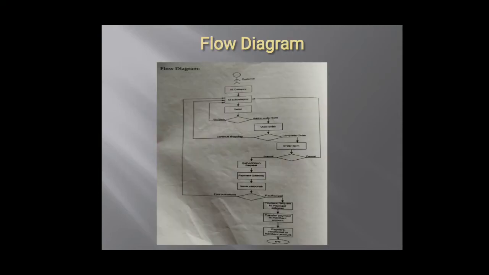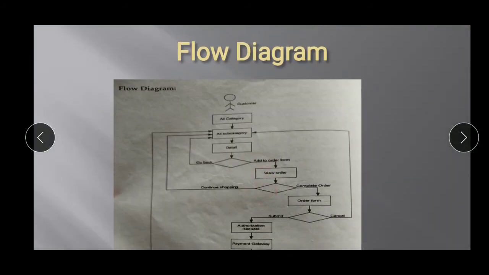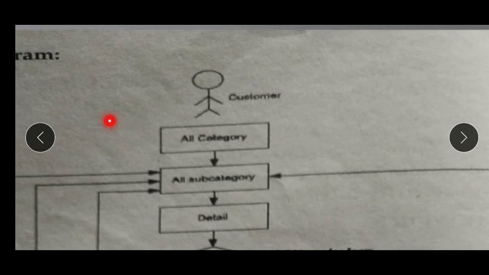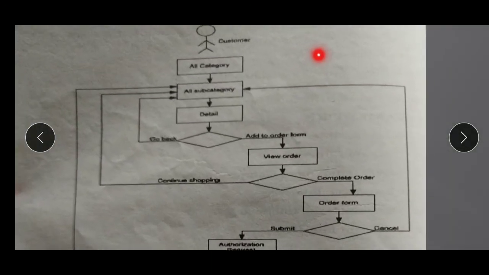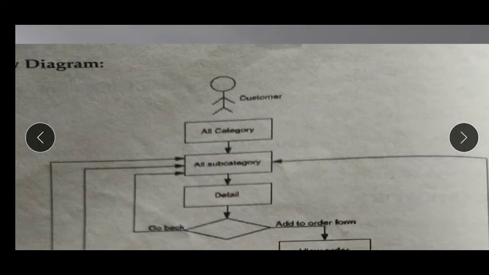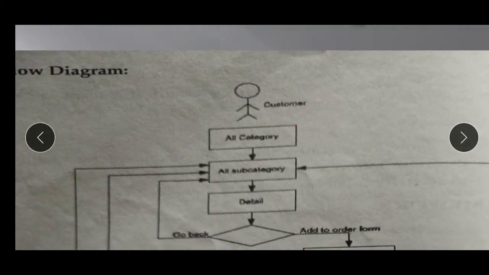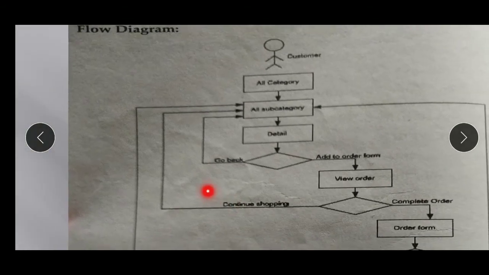When we talk about the framework, this is the flow diagram which is followed. If I am a customer, I have all the categories of products which are there. They can be home products, grocery products, furniture, clothing. So as a customer, when I look into the categories, under all the categories I will have subcategories. See the arrows going forward and backward.